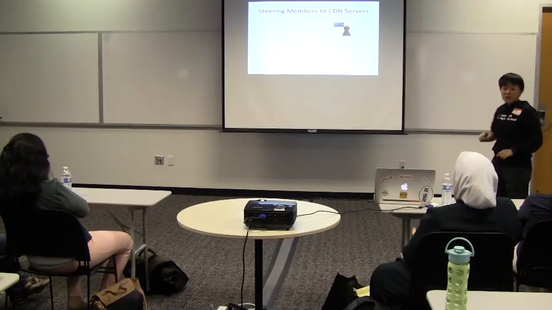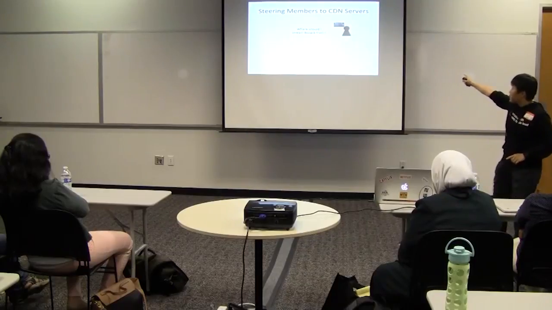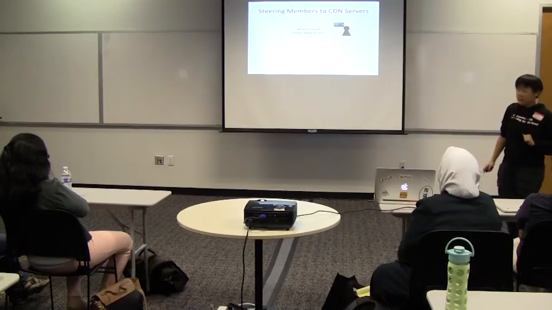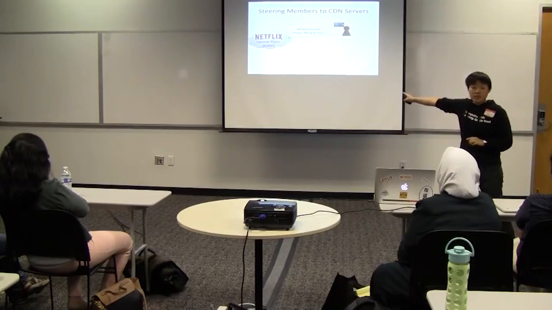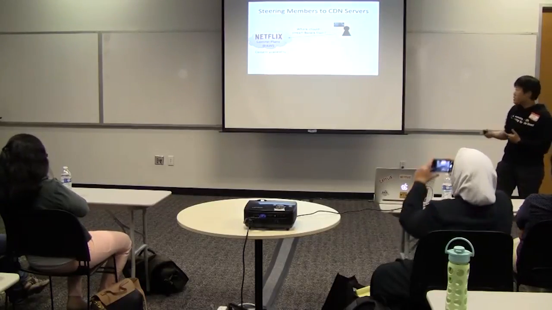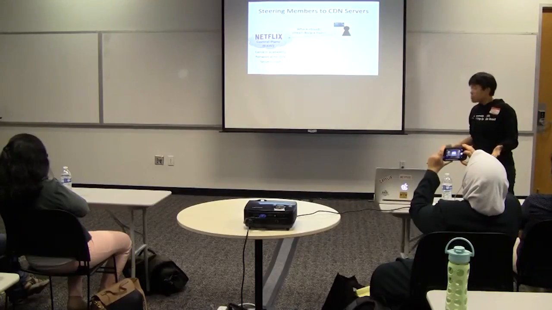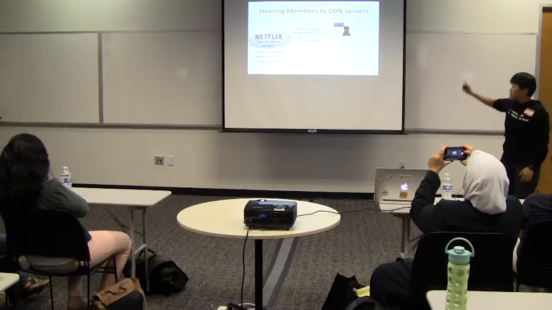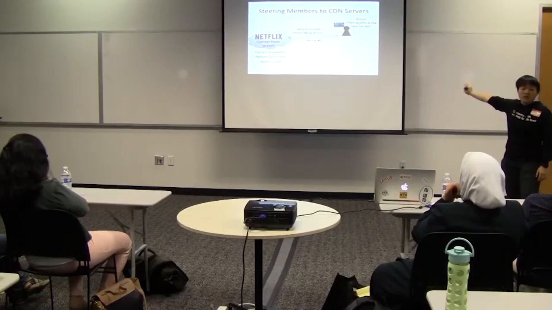When, for example, you want to watch BoJack and you click on that play button, we will try to answer this question: where should I stream this from? So we will actually go to our control plane, which is inside AWS in Amazon, and it will figure out, based on content availability, network proximity, and also server load, which server exactly you should go to. But the story actually doesn't end there,